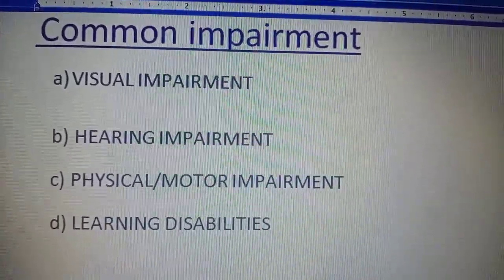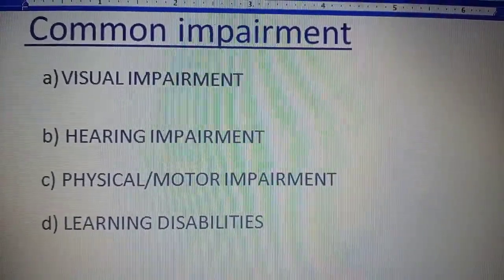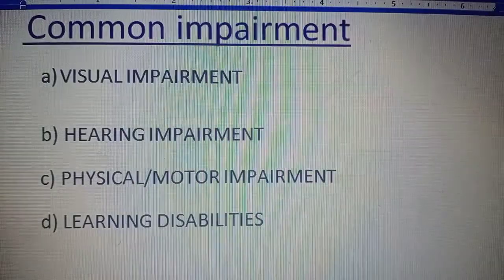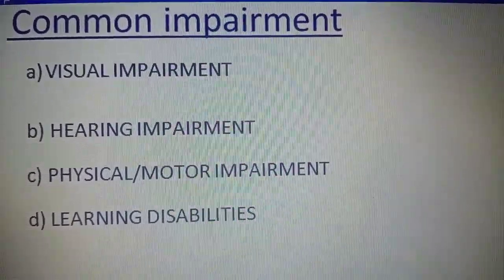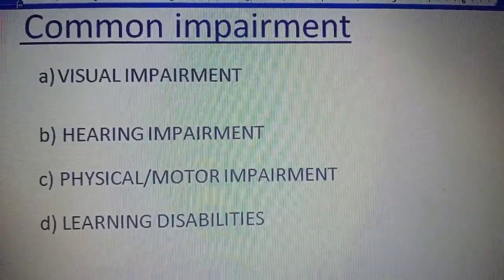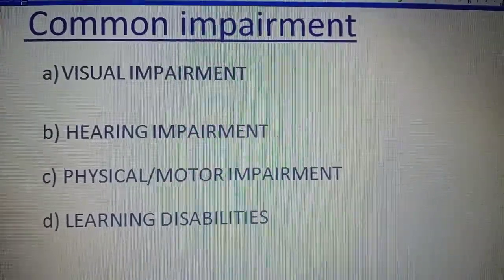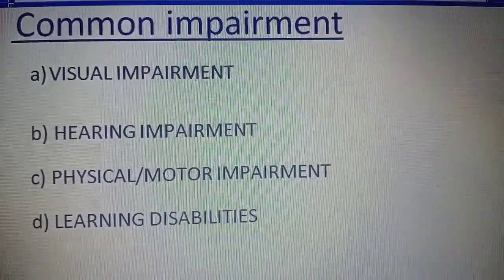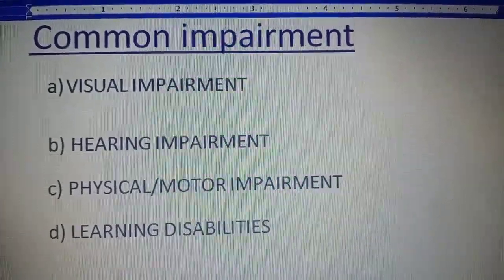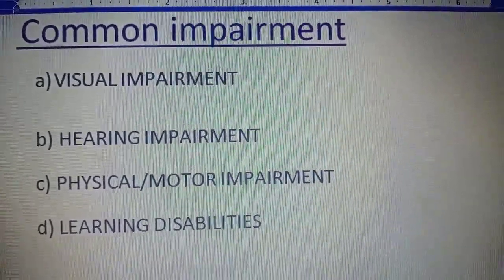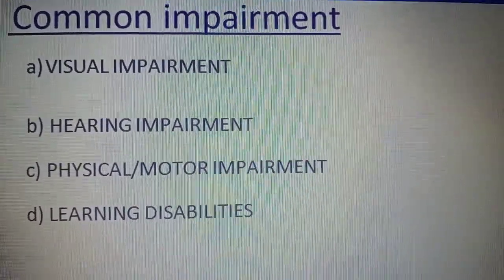First is the visual impairment. What is a visual impairment? If anyone has some problem in vision, if their eyesight is weak or they are blind, some accessibility options are available on our PCs so that they can easily use the computers. Some people have hearing problems. Their hearing power is low. So by setting some options, they can hear from the computers very easily.